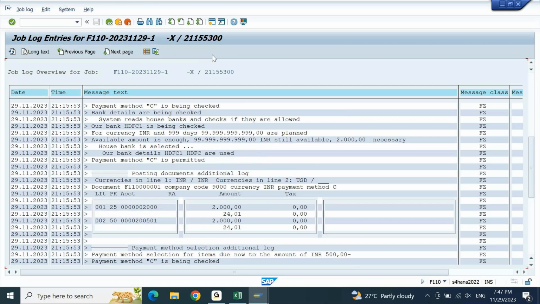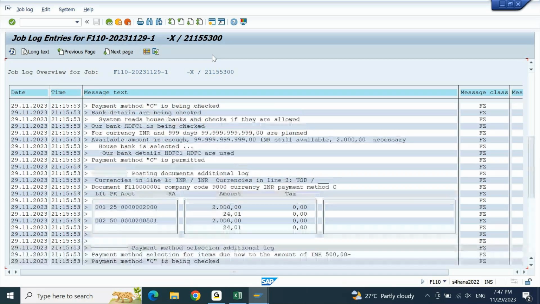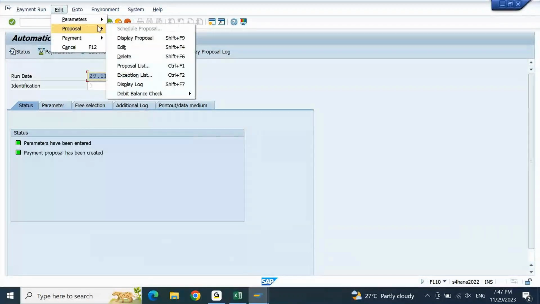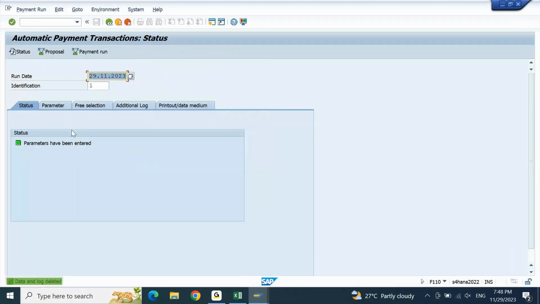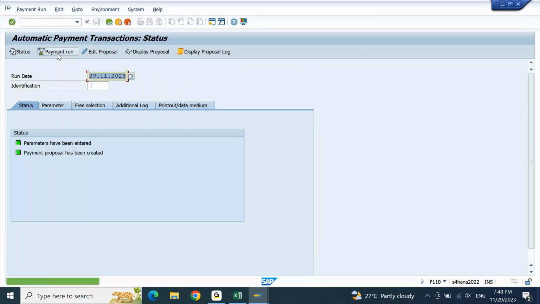And we cannot see any log related to minimum amount, payment method selection, due now. Nothing is there in the log. What I'll do, I'll come back, go to edit, proposal, delete the proposal. Now again I will run the proposal because I made a change in the config. Enter,